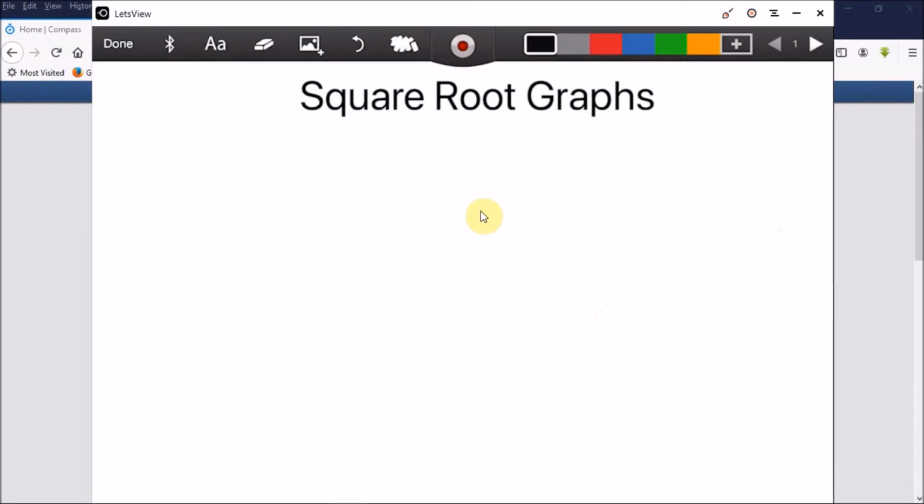Right, here we are. All right, so today we are looking at square root graphs. So square root graphs have a basic form of this: y equals the square root of x. So that's our basic garden variety of